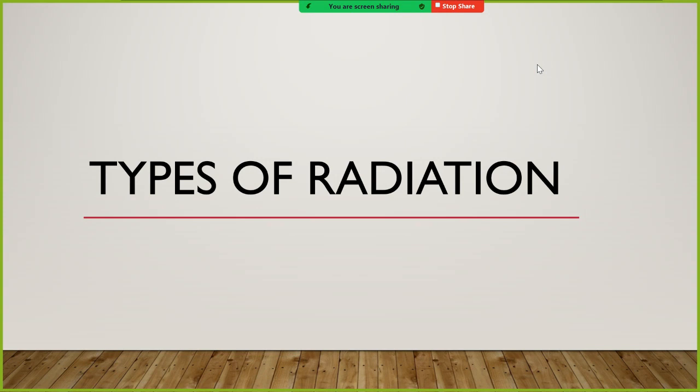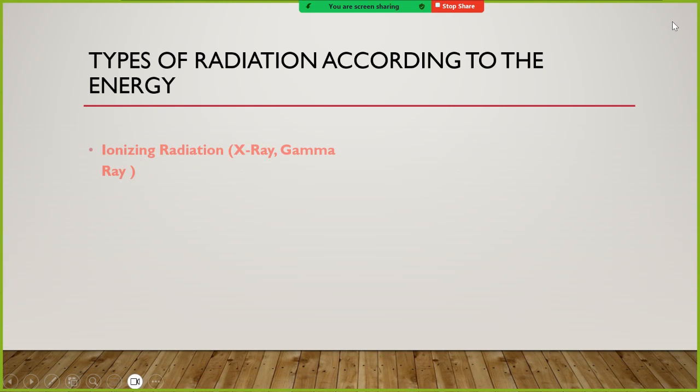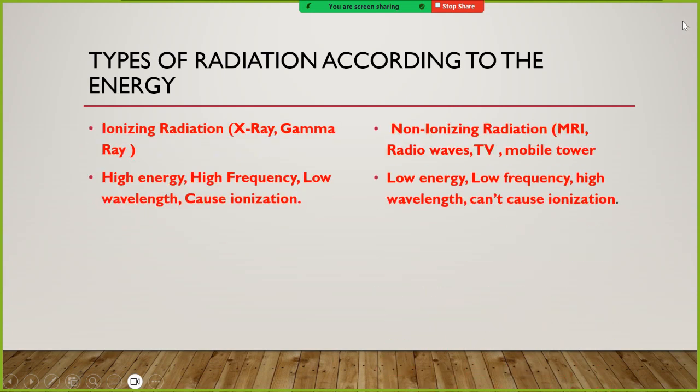Okay, types of radiation. We'll talk about the types of radiation. Actually, there are many types of radiation around us, but all of them fall under electromagnetic radiation or electromagnetic waves. So you will find electromagnetic waves, which are a combination of electric field and magnetic field, both combined together and perpendicular to each other, and these electromagnetic waves are classified into ionizing and